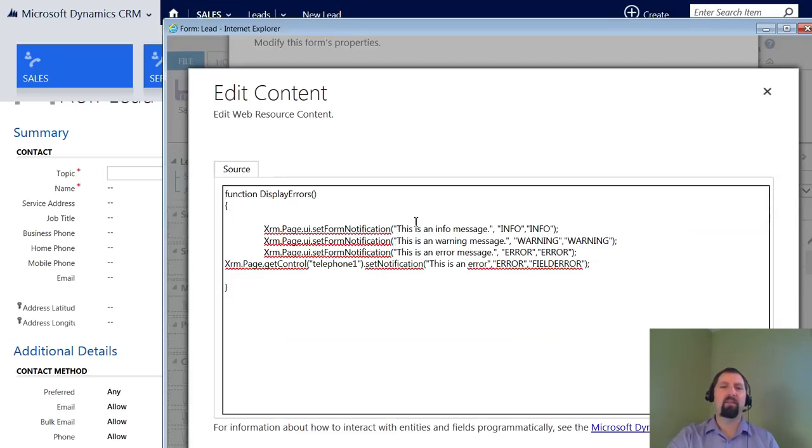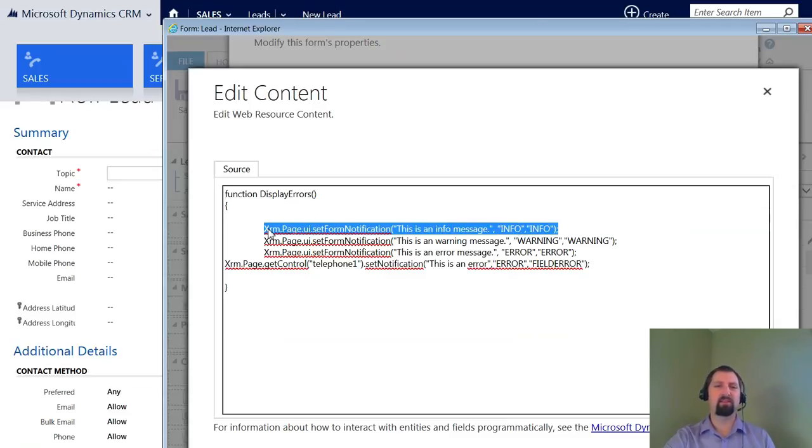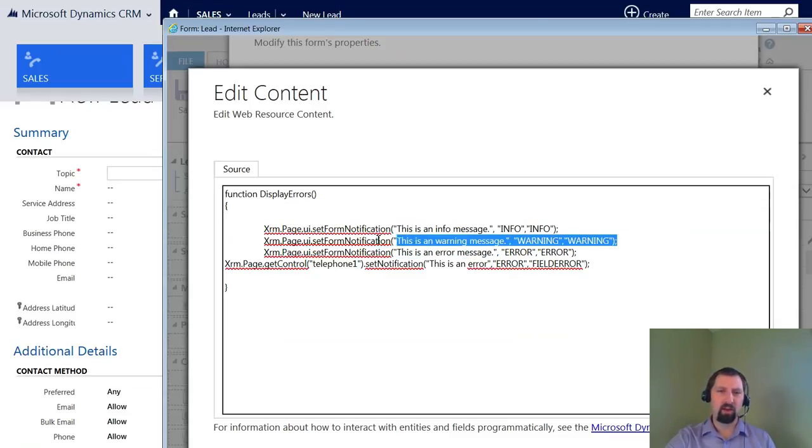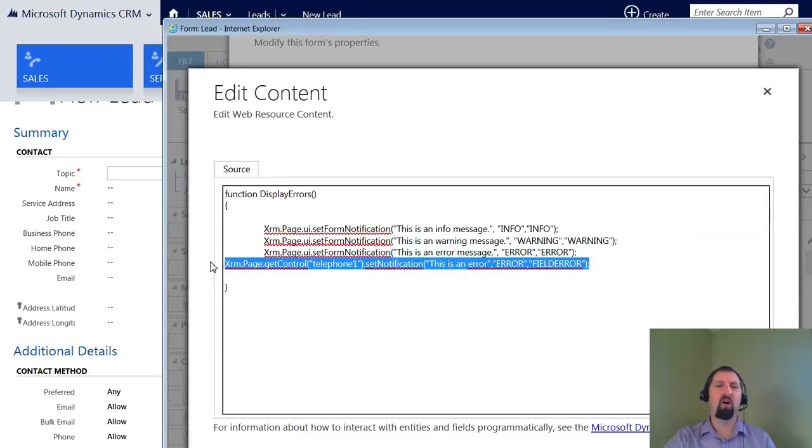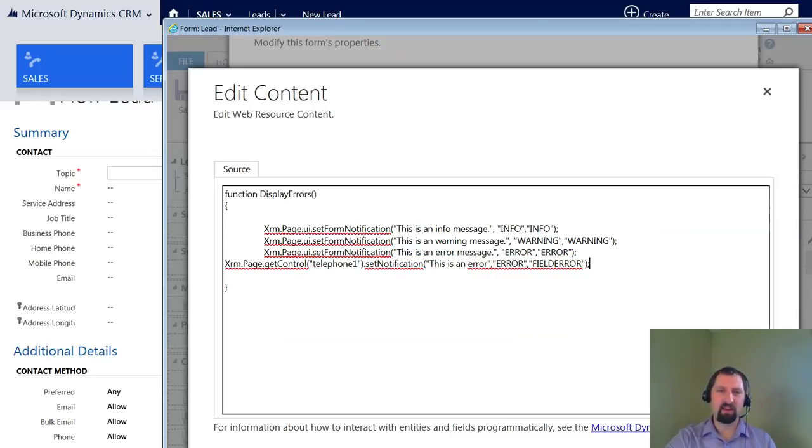So I have three different alerts for this. I have an info one, which is, again, let's show what the info message looks like. We have a warning message. We have an error message. And then, last but not least, I'm going to throw an error message on one of the fields itself to show you what that's going to look like. So now that we have that done,